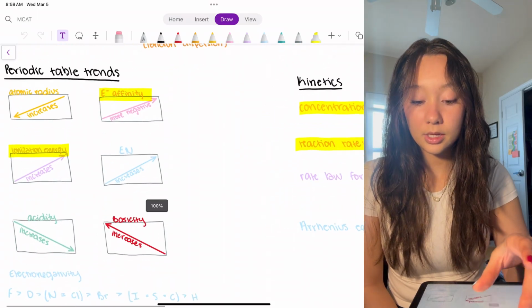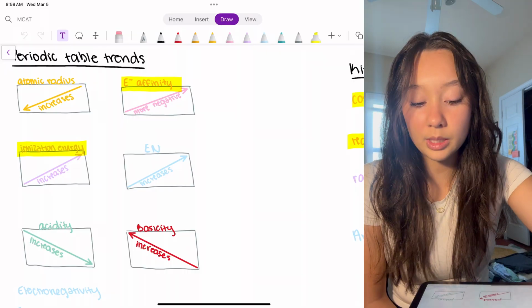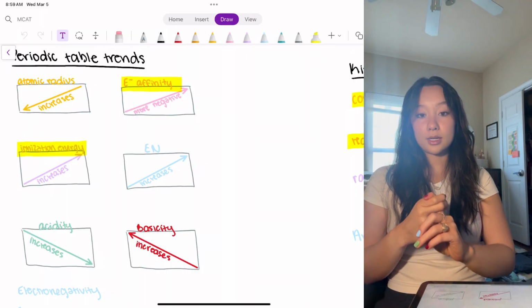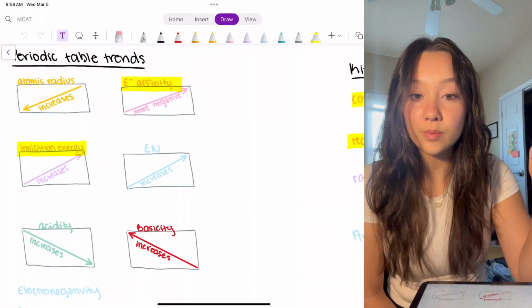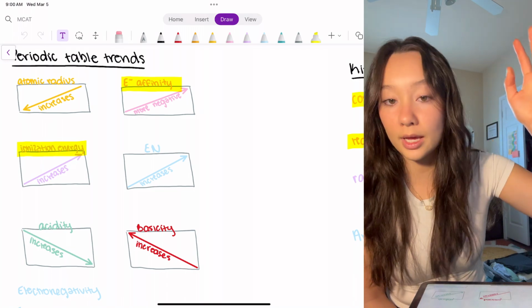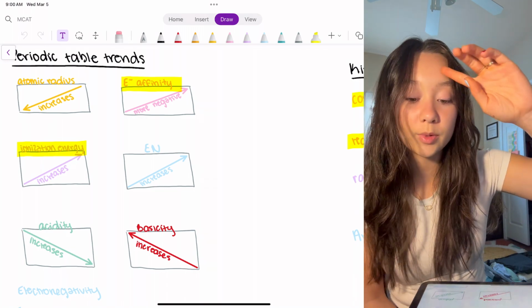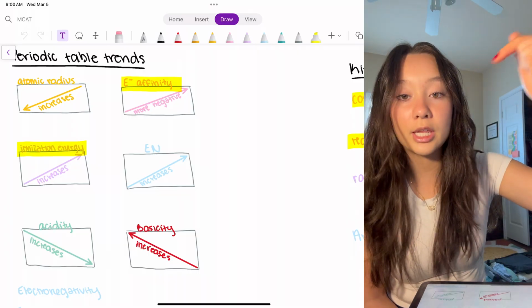Periodic table trends. So the trends that are going to increase up into the right of the periodic table are going to be electron affinity, ionization energy, and electronegativity. Those are all going to increase going up this way. This is easiest to remember because if you think of like fluorine, it's going to have like the highest of all of these. Now, atomic radius is going to increase as you go down as they're getting bigger, and we